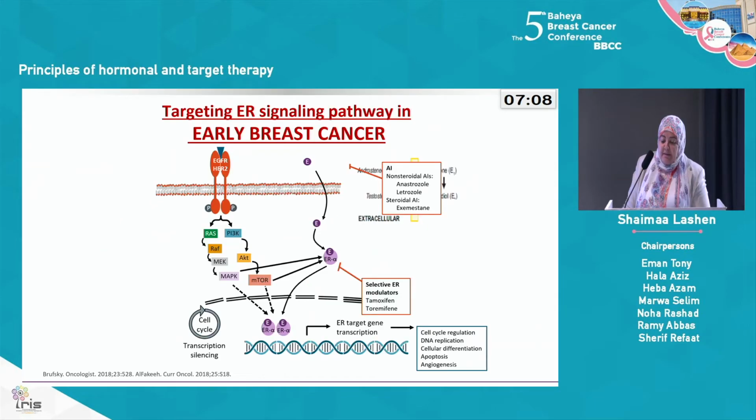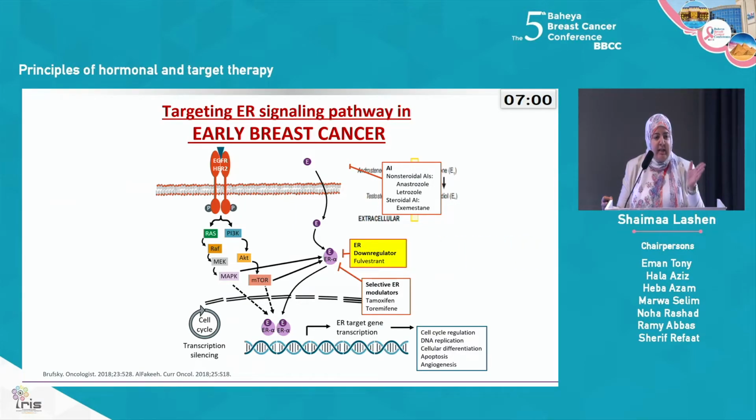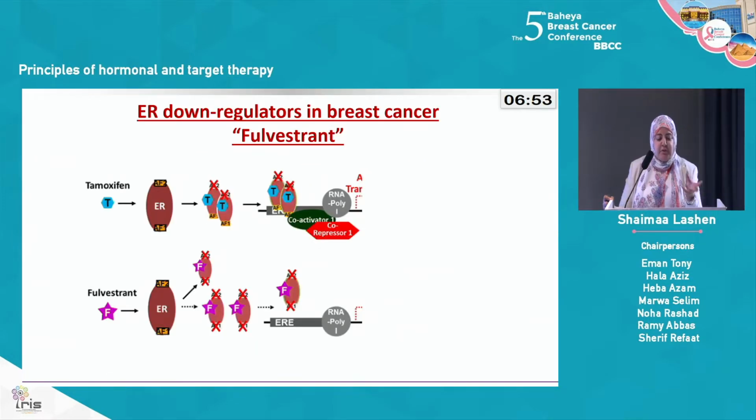في الميتاستاتيك breast cancer we have other players. عندنا one player كمان بيشتغل في نفس الباثواي وبيشتغل على الريسبتور اللي هم الـ SERDs، السيلكتيف إيستروجين ريسبتور داون ريجوليتورز. عندنا منهم اللي دلوقتي موجود في الفيسترين Fulvestrant. بيعمل إيه different from tamoxifen؟